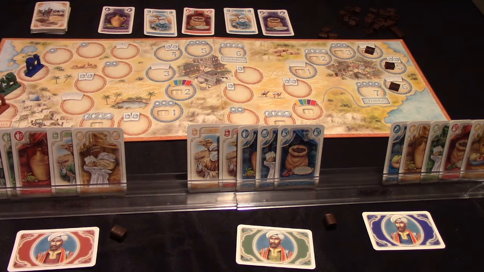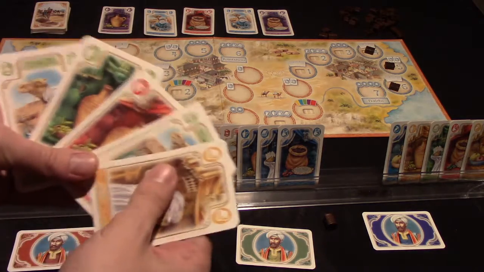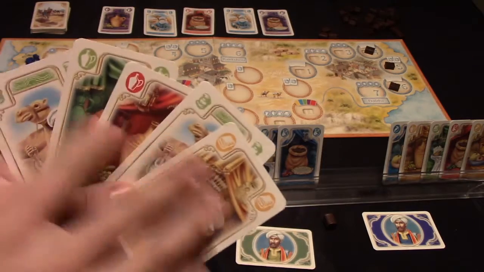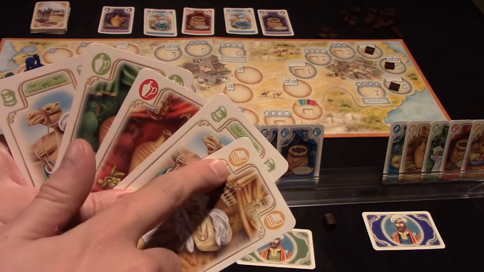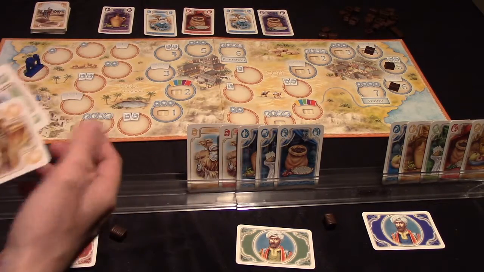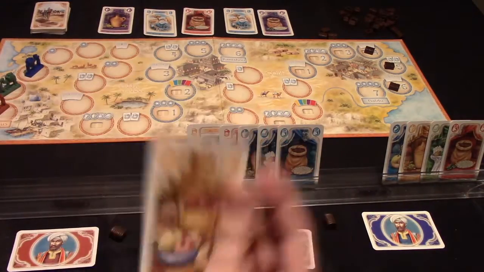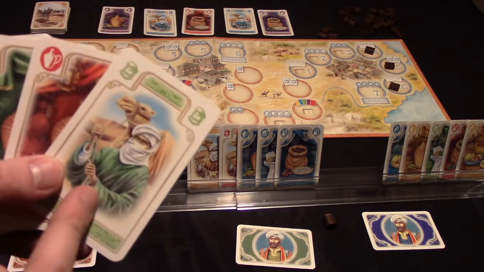So this game is generally a hand management game that's card driven, and each player is going to get dealt 5 cards at the start of the game. These cards come in 5 different colors, and they have 2 features on them: the color of the card and also the symbol on the card. There are goods cards, which are represented by one of 4 symbols. So we have pottery, cloth, spices, and then there is also fruit, which looks something like that. So there are those 4 types of goods cards, and then there are also these caravan leader cards, which come in